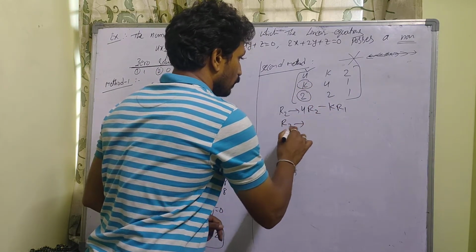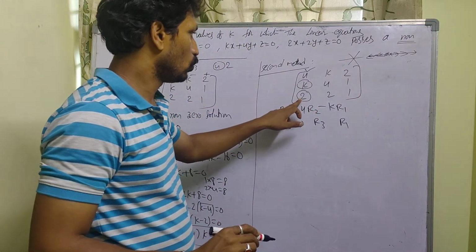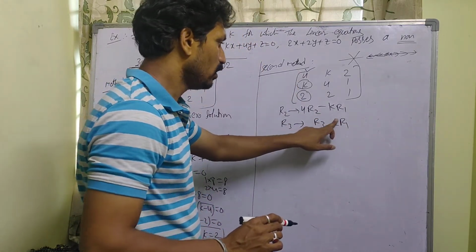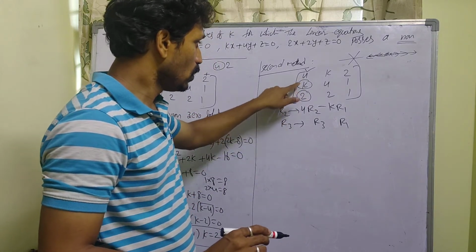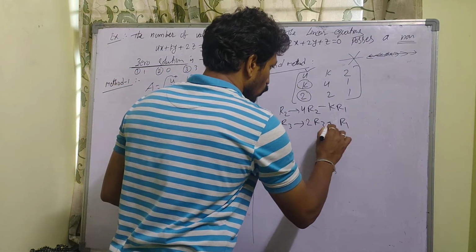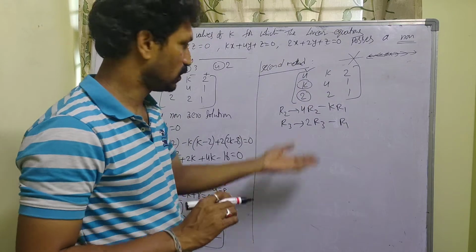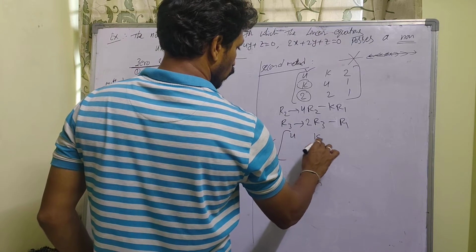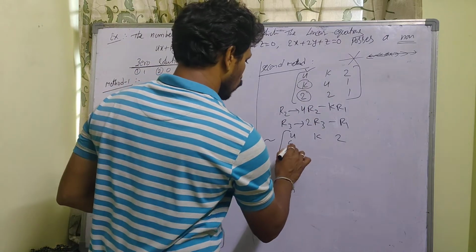And R3 implies R3 and R1 you write. So this is 2 multiply to R1, and the entries are 2 and 4 here, so no need to interchange. Here 4 is a multiple of 2, so you can do one thing. For R3, if you multiply by 2 and write minus R1, 2 into 2 that is 4 minus 4 you get. This is also one of the ways. So now this is equivalent to this matrix: first row as it is, second row 4k minus 4k, that is 0.